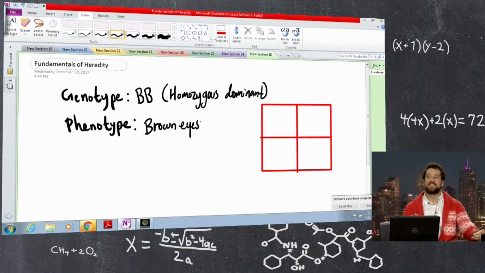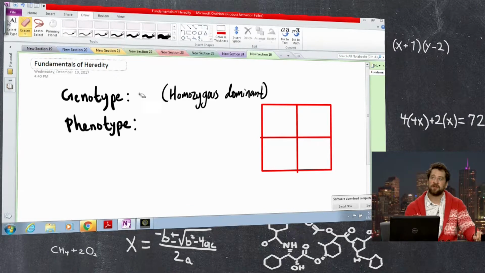All right, let's look at the last possible example. We've seen a heterozygous person with two different alleles. We've seen a homozygous dominant genotype. The last genotype that we could see is